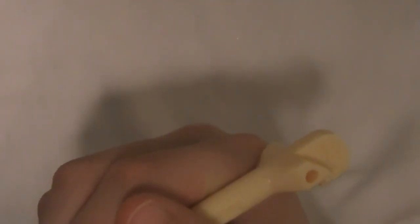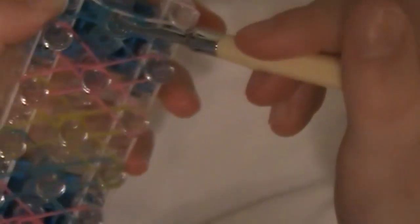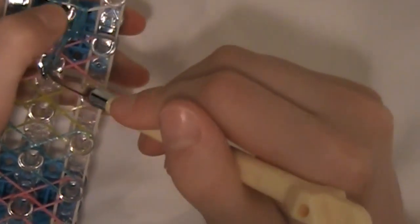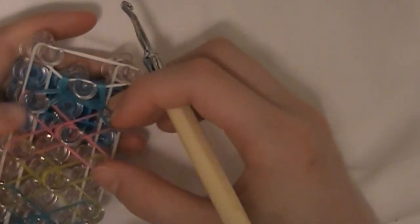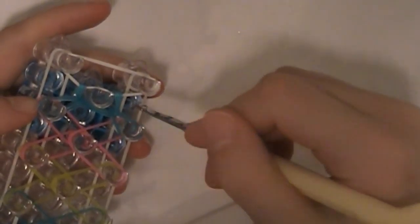Just find the band that's on the top, which would be, let's see if I can find it. Oh, there we go. See, there's 2 blue bands here. We want the one that's on the top. So I'm going to reach my hook in, grab the one on the top, whoops, and pull it up and through all those bands and down to the right. Now we're going to reach our hook back in and grab the last band down there and pull it to the left. Now we're going to push our bands down a little bit and reach into the blue on the right,